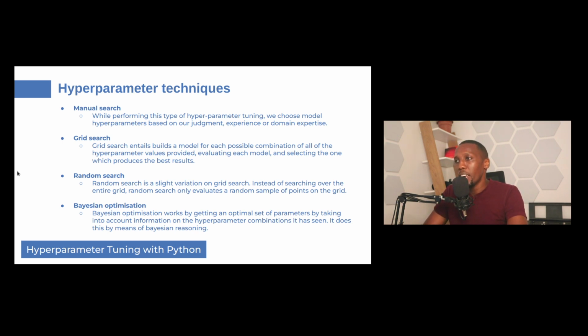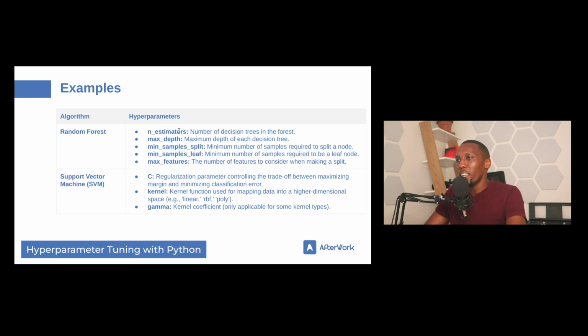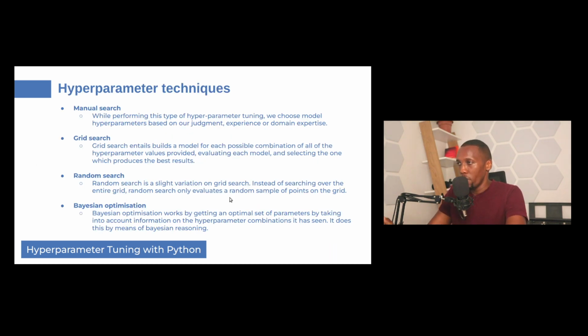Random search, on the other hand, is a slight variation of grid search. In grid search you would have defined what possible hyperparameter values you should check, and it could be for maybe one hyperparameter, something like n estimators, the number of decision trees in the forest. You might decide to try 5, 10, 20 for n estimators, and the same case you'd also define the ones you want to try for max depth, maybe 20, 21, 22, depending on what makes sense for you. Once you do that, when you perform grid search, you would actually perform all of them. You would sequentially try the different combinations that you have for hyperparameters, and you would get the best